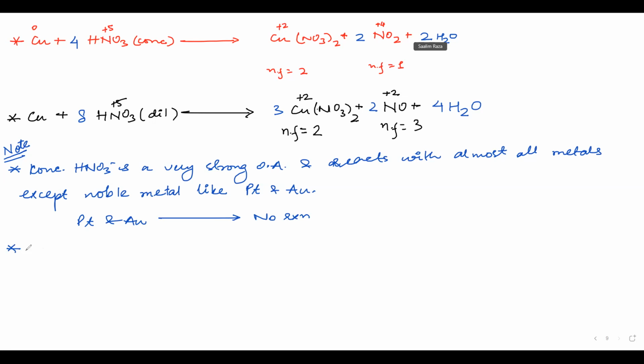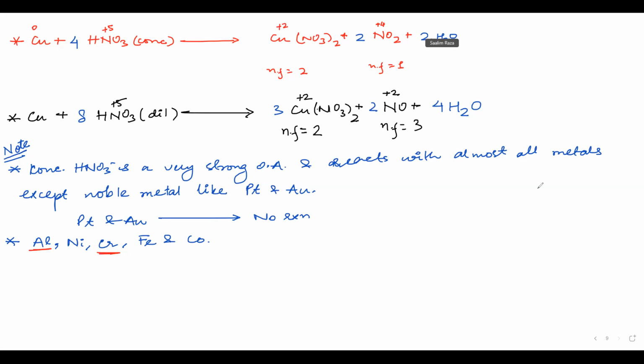It is noble. Okay. Now another point is that, see, there are a few metals which react, but after reacting, they stop reacting. I mean, initially you will see that it reacted, but after a while, the reaction stops. Those metals are aluminium, nickel, chromium, iron, and cobalt. In your NCERT textbook, you have been given only aluminium and, I guess, chromium.